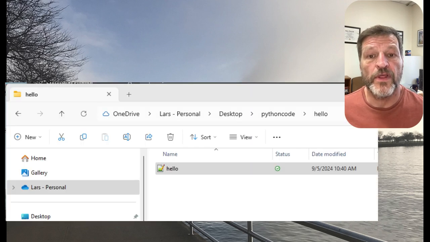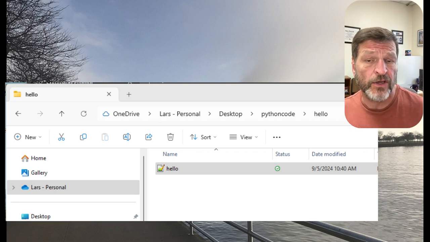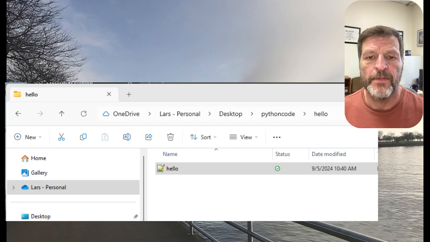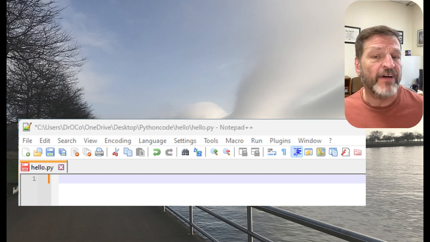Okay. So then in the file manager, I go into hello folder there, and I can see hello.py. I right click on that, and I do open with. And I'm going to open with Notepad++. If you've already done Python scripts with Notepad++, it will automatically go to Notepad++, but you probably don't have that setting, so I want you to open with Notepad++ and say, do you always want to do that? Yes, I always want to open all my Python scripts with Notepad++. Good? Okay, so now I have this blank file, hello.py,